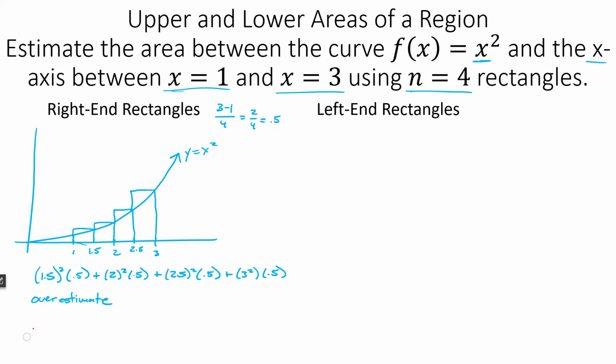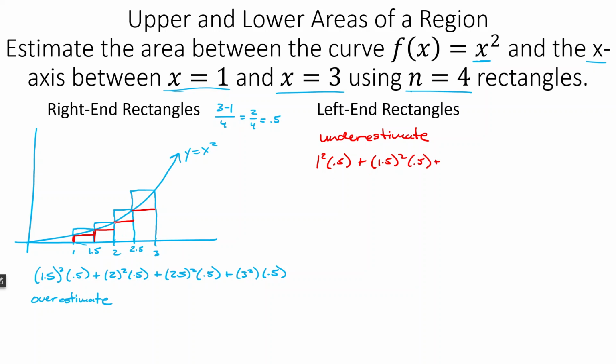If we go from the other rectangles, so now we'd start from 1 and go over, 1.5 and over, that and over, that and over. So this will be an underestimate. You can kind of get it from the concavity of the curve and if it's increasing or decreasing. All right, so we're plugging in 1 here and then 1.5 here and so on. So we'd have 1 squared times the width of that rectangle plus 1.5 squared times the width of this rectangle, which is again 0.5,